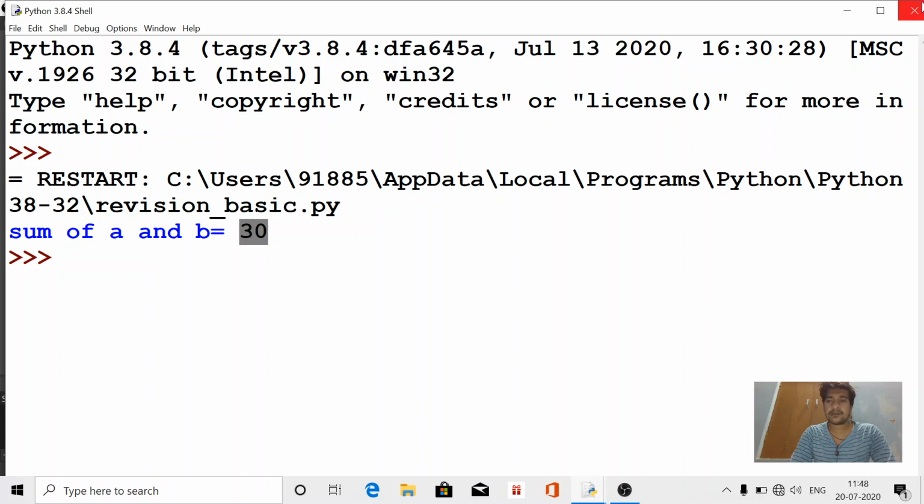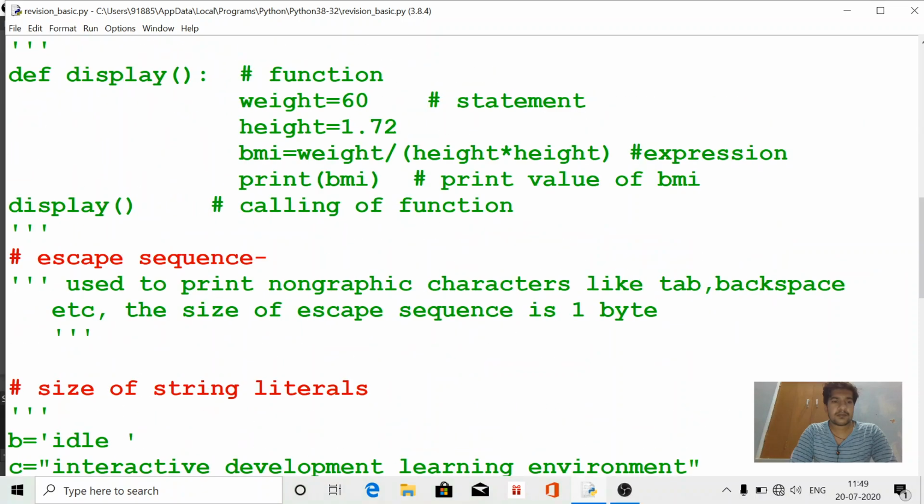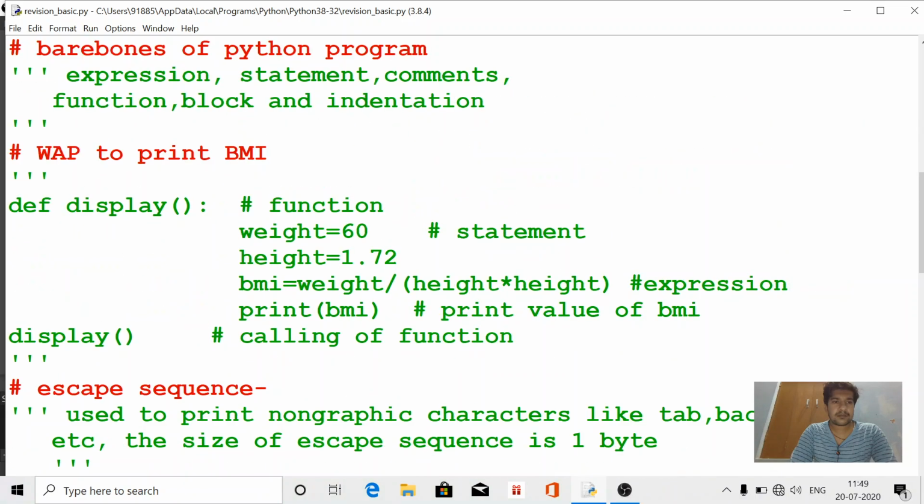Now we are going to see bare bones of Python program. Bare bones means the fundamental building blocks of Python.